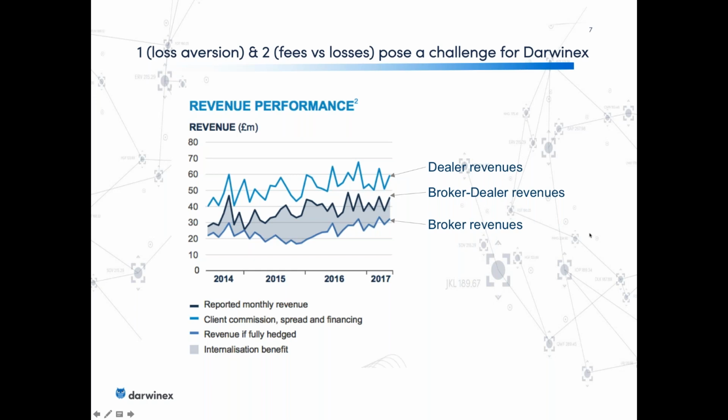And if you wanted to verify if that's true, you need go no further than the public accounts of a listed broker dealer, which is telling us as much. It's telling us if instead of taking the other side of customers, we actually hedged everything the way Darwinex does, we would make half as much as we make. Because we're somewhere in between, we actually make a bit less. We are basically paying for the insurance policy because our shareholders don't want to take the risk that our customers are very heavily piled in and right in a position, as a result of which we could lose our shirts or go bankrupt. The house would break.